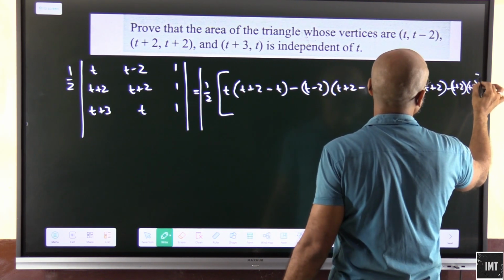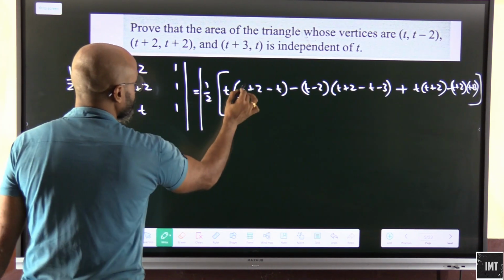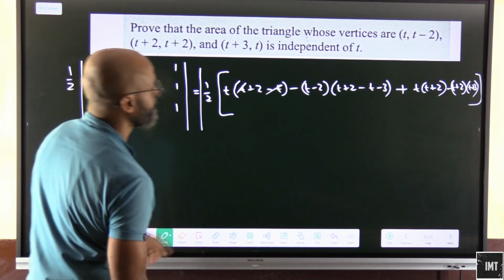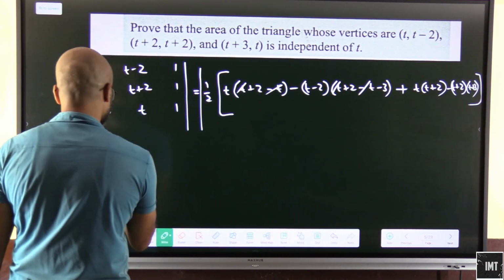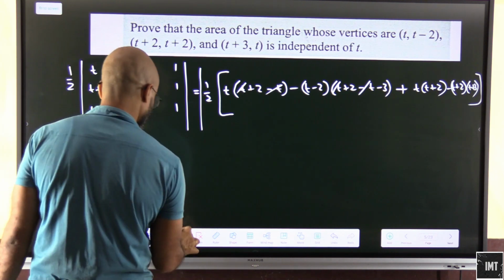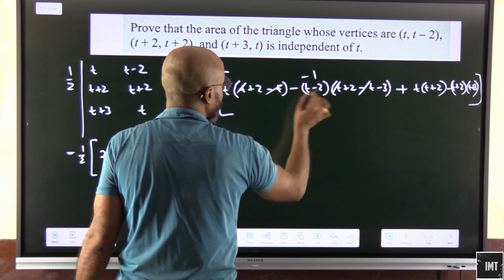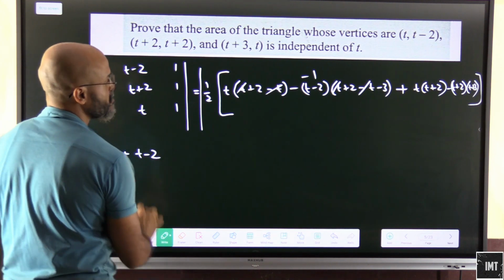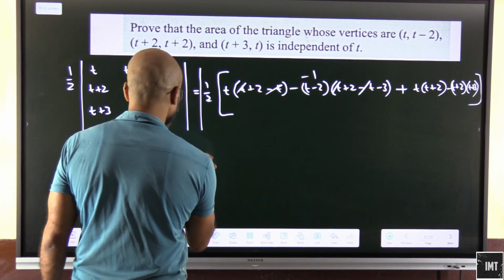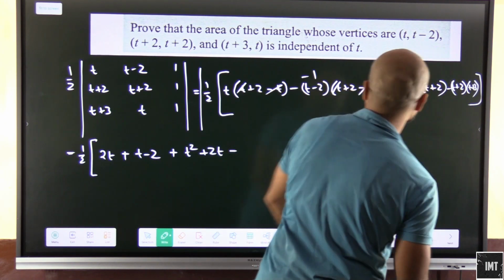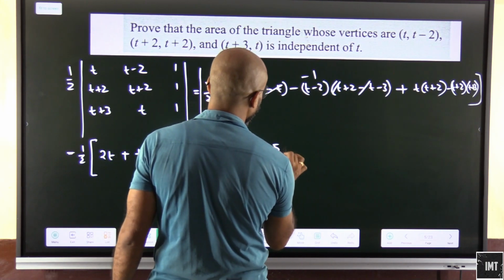Okay, so let's take this out here. So this will be half, and this will be gone, so this will be 2t minus, here it gets cancelled, so 2 minus 3, that is minus 1 into t minus 2, that will be plus t, no, this will be minus 1, this is minus 1 here coming out as minus 1, so minus 1, this gets cancelled, so this will be plus t minus 2 plus, here it will be t square plus 2t, minus, here it will be t square, this is t plus 2 into t, plus t square plus 5t plus 6.